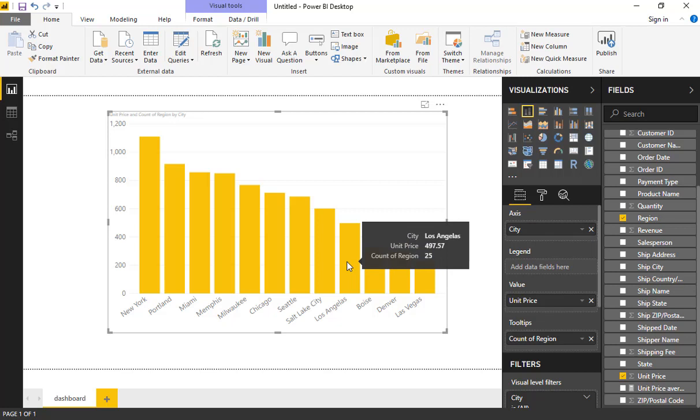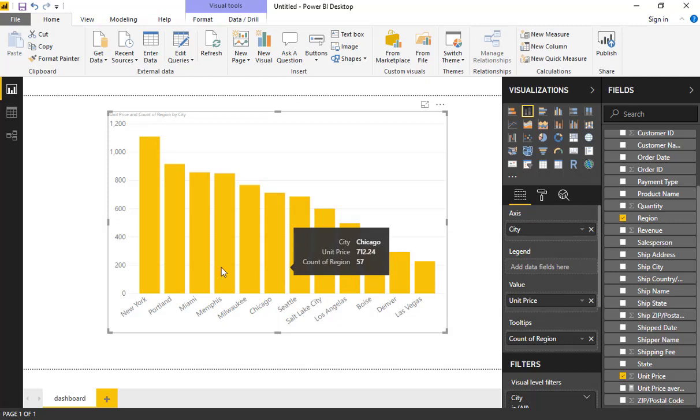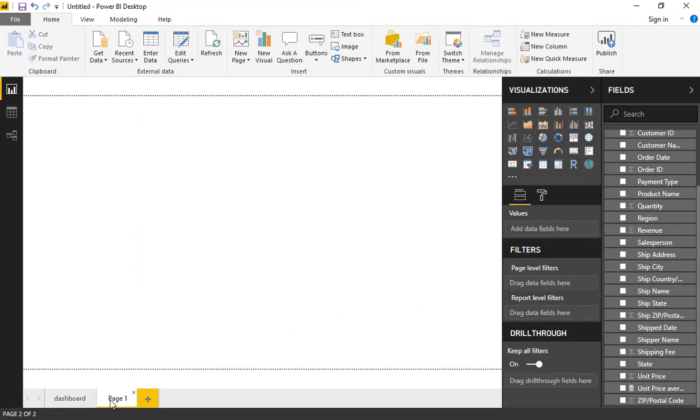But sometimes you want to fully customize this tooltip in terms of visualization, right? So in March 2018, Power BI added that functionality, and I will tell you the process that how you can customize the entire tooltip, right? So what we will be doing is we will add one page, okay, and I'm just renaming it as tooltip. You can give any name to this page.